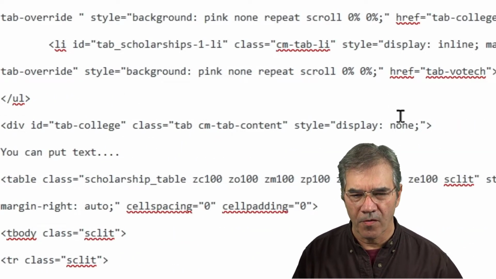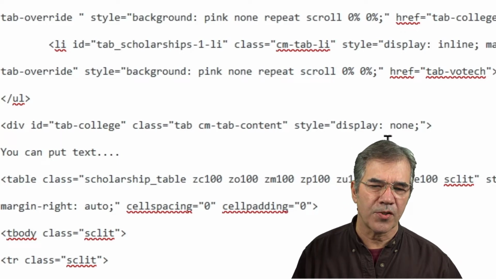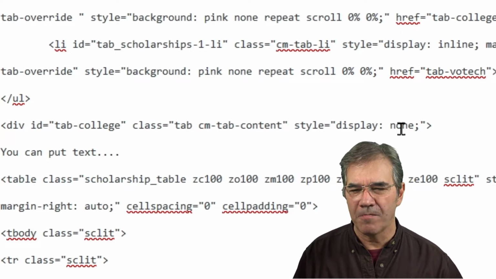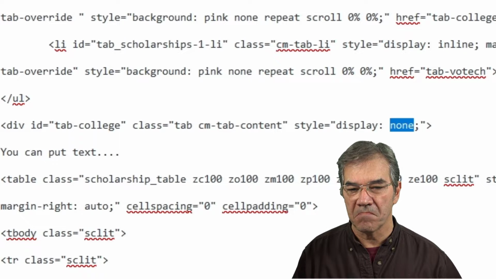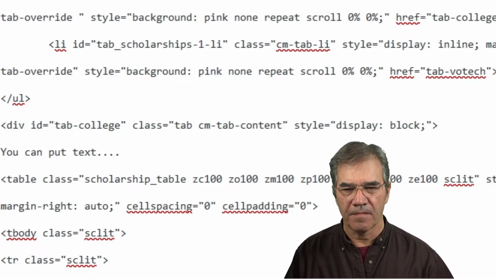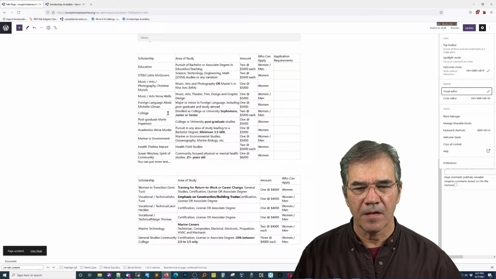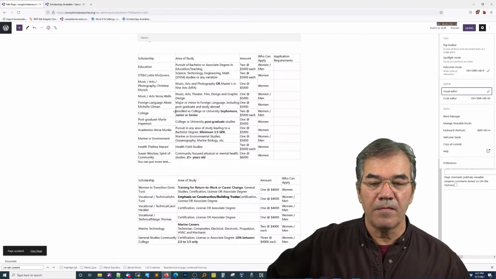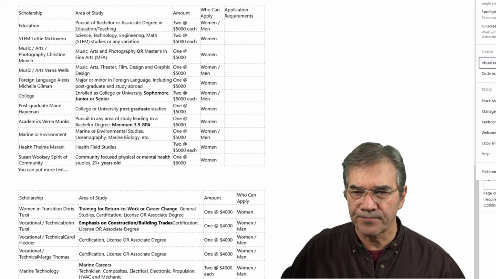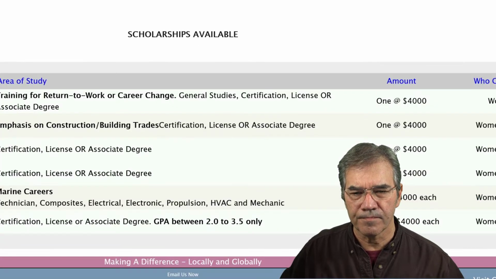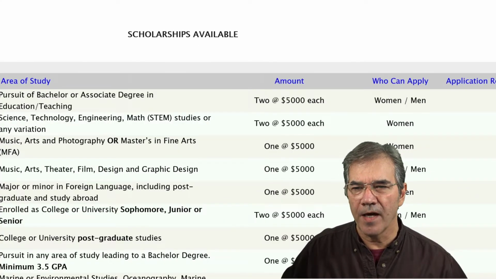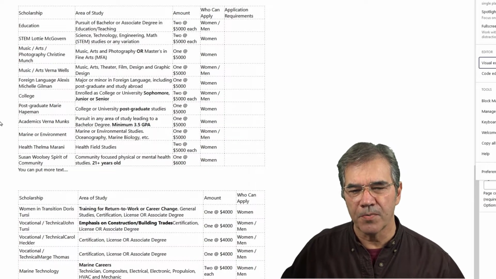Here we go. The other, oh, I see. So that shows a display none by default. Let me try something here. Oh, well, this may do the job right here. Yeah. So now, by making that one visible,